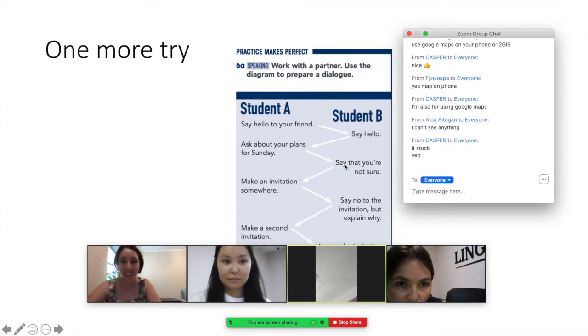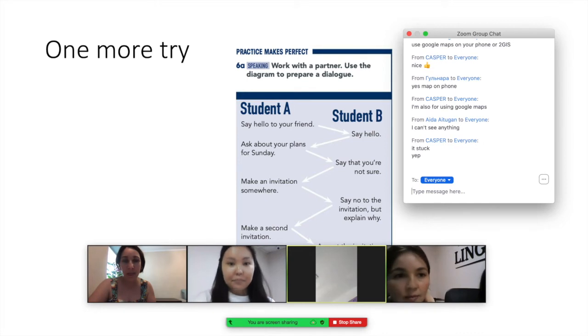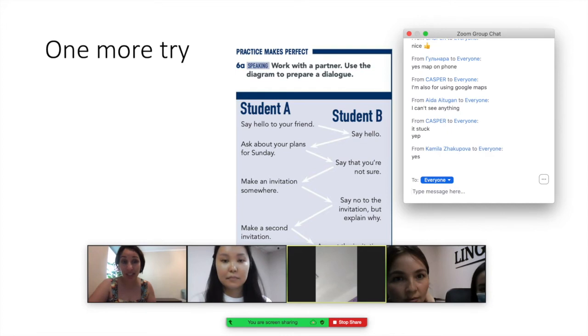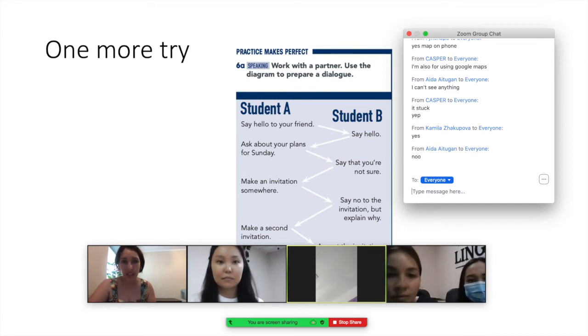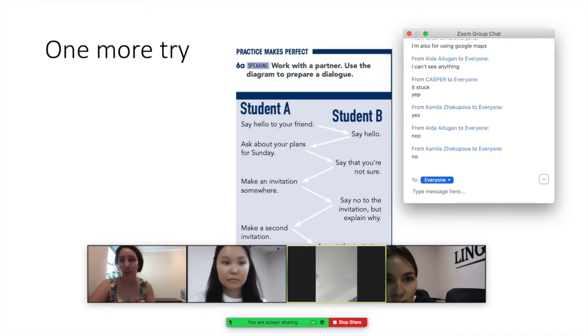Okay, can you see the picture now? The dialogue, yes, student A to student B. Is this a typical example from a course book? It is. But in the real world, is that how teenagers communicate? Is that how you communicate? Do you really talk to your friend like that while you're at work? No, everybody says no, that's not how we communicate, because in real life, how do we communicate?